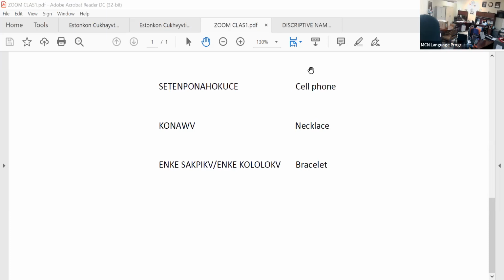I guess in Mvskoke, that's like putting your hand into something, inside of something. So most of these are descriptive, like necklace, kunawa. We didn't have anything but beads, so we used beads. This is another name for beads, kunawa, and this is where environment comes in too. Say you're beading a necklace and you've got beads there and you say you need more, they're talking about the beads. But necklace is kunawa too. So there's two ways to use this, and to distinguish it is situation and environment, okay? That's called kunawa.